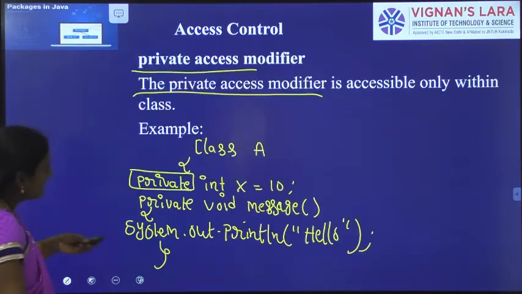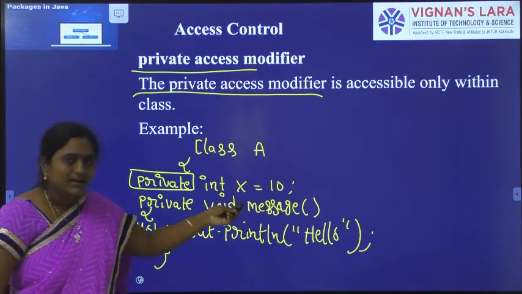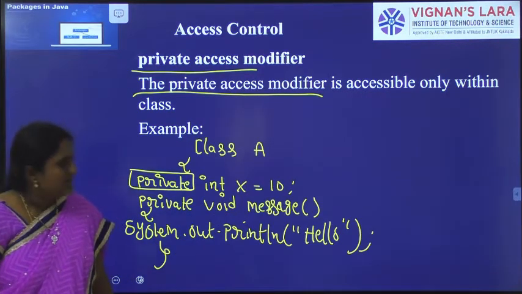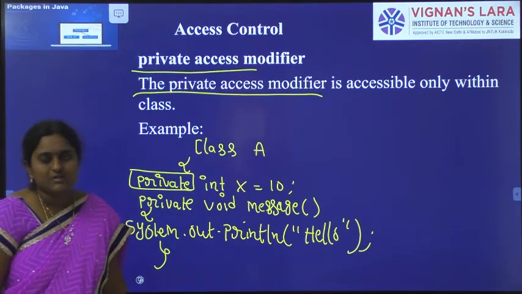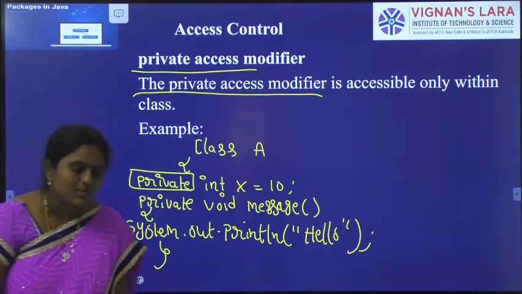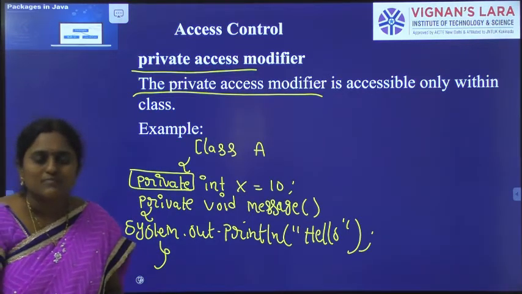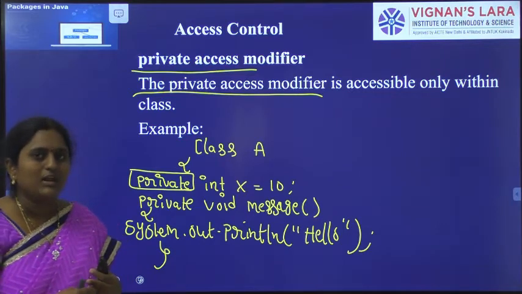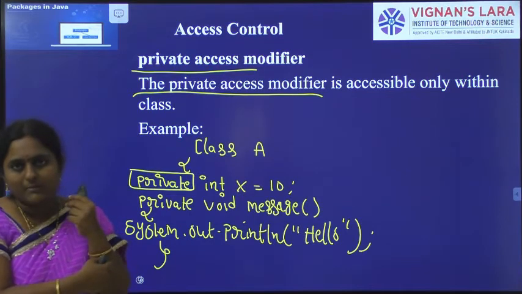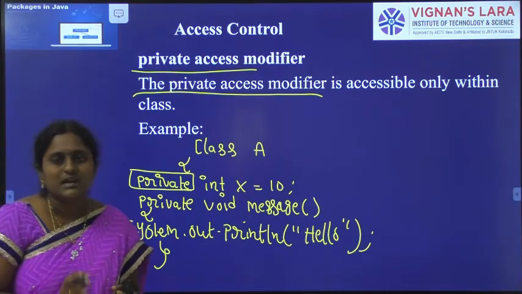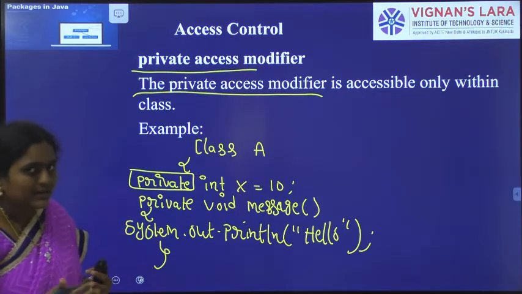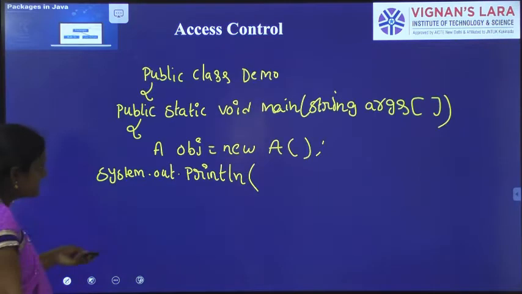In this one, x is the data member. How can we access the x variable outside the class? These are all non-static variables and non-static methods. How can we access non-static variables and methods in our program? By using an object reference. Because in Java only the main method can be loaded into the program, apart from that everything is in the form of bytecode. So in order to access non-static and instance variables, we create an object and use the object reference.